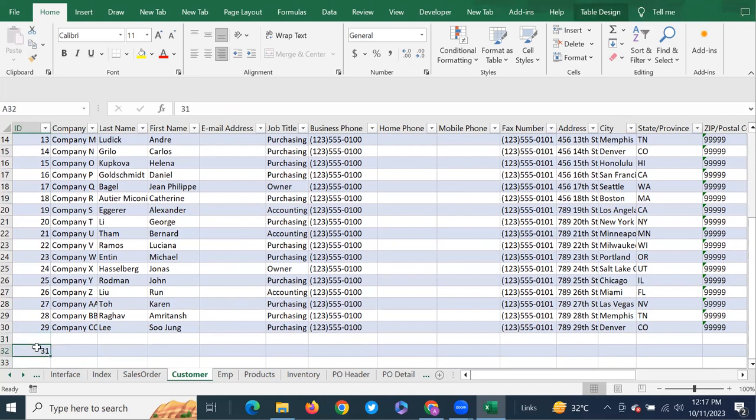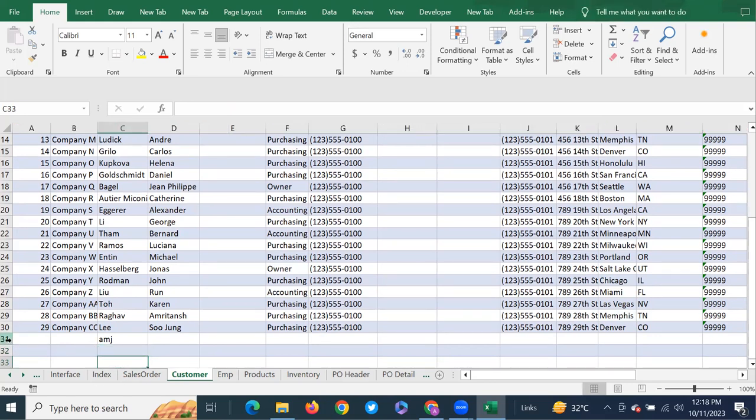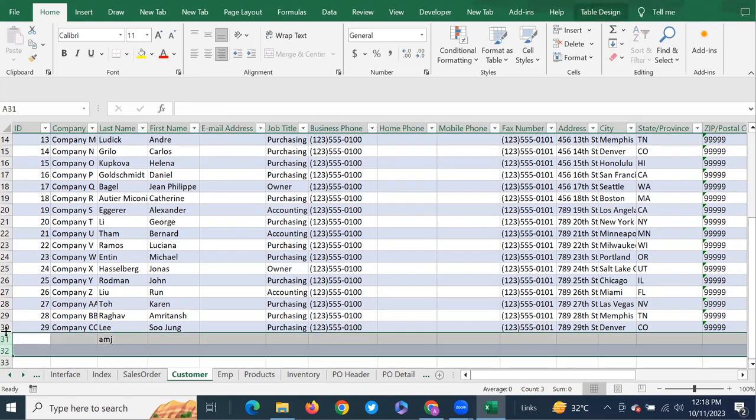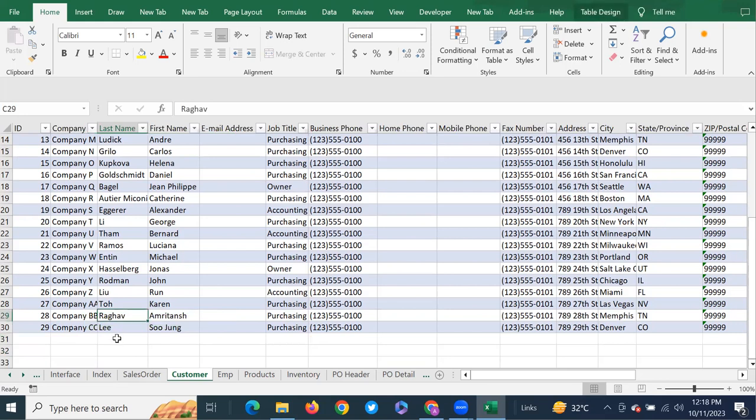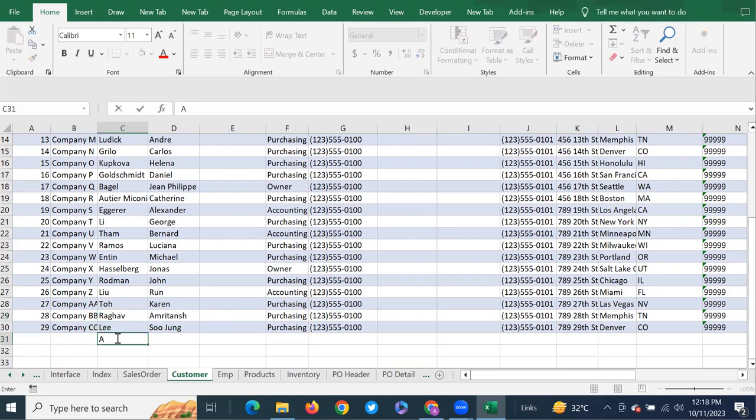If I delete this, let me remove this with Control minus, yeah. Now we write something in here, right? So the table is adjusted,